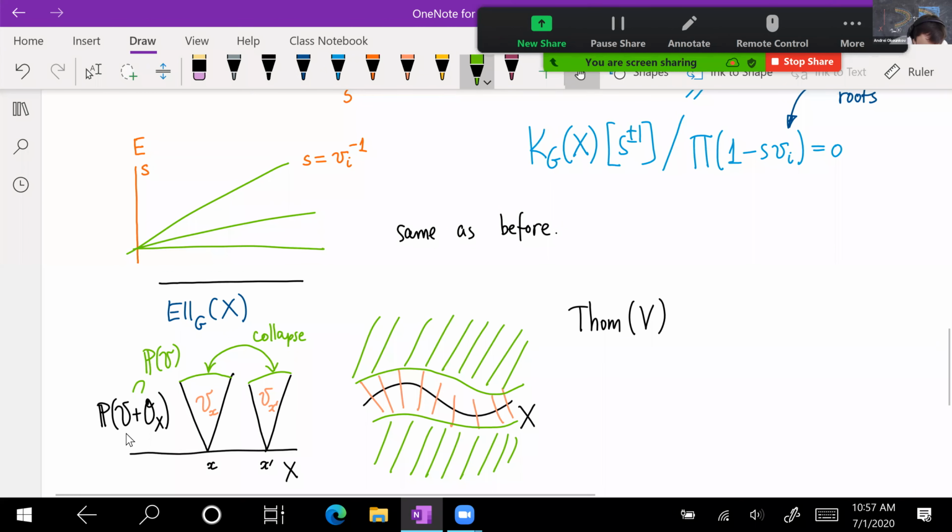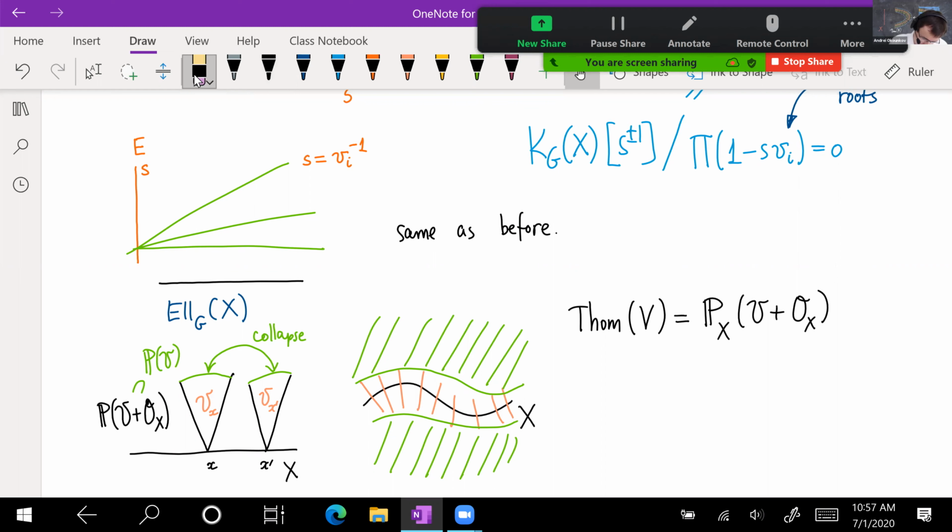So if I take the projectivization of V plus a trivial bundle, this will have a big cell which is V itself, and then the projective bundle at infinity. So we can write the Thom space as the projectivization over X of V plus a trivial bundle,